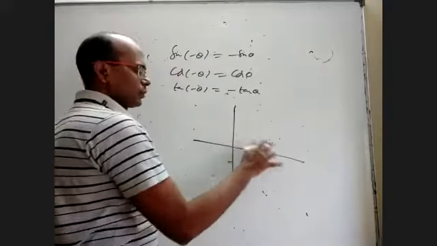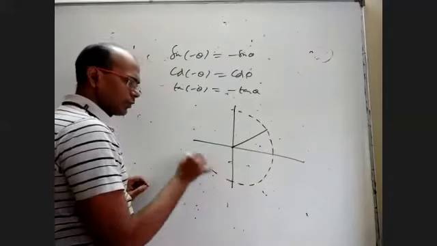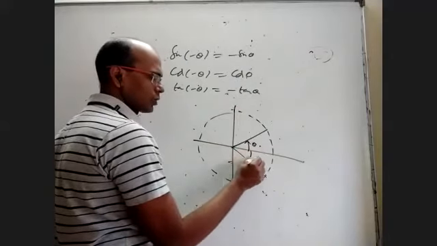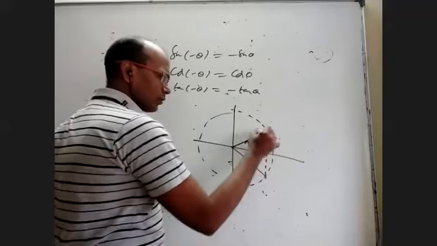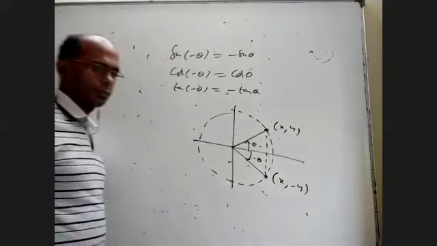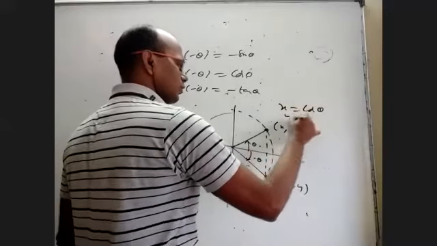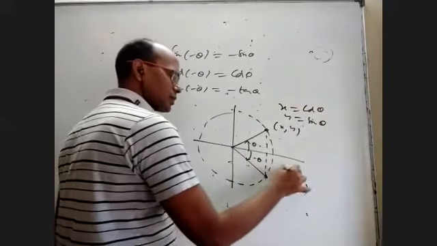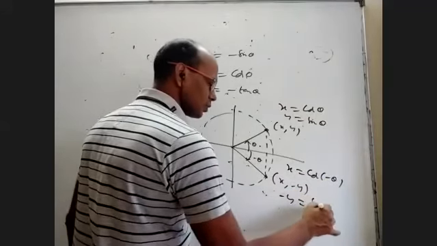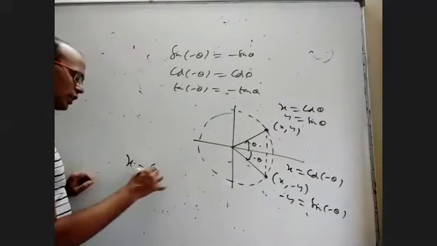The proof also is very important to understand. So I am taking a circle of radius 1 unit. This angle I turn theta. This angle I turn clockwise, so it will be minus theta. If this point is x comma y, obviously this point will be x comma minus y. But from this figure, x is equal to cos theta, y is equal to sin theta. From this, x is equal to cos of minus theta, minus y is equal to sin of minus theta. So when you take x, here cos theta, here cos of minus theta, they are equal.